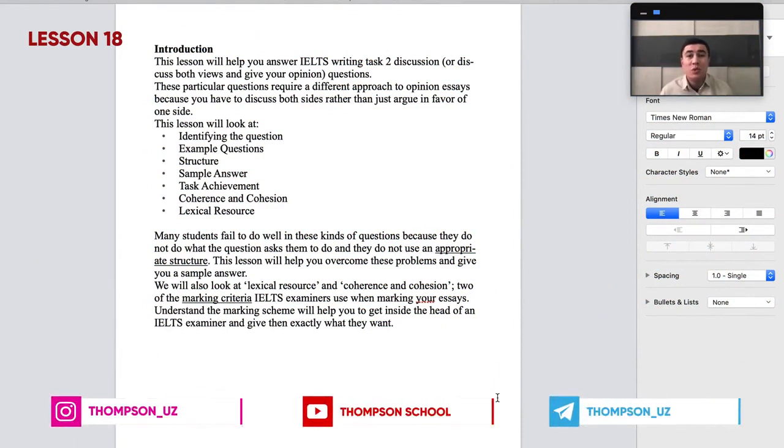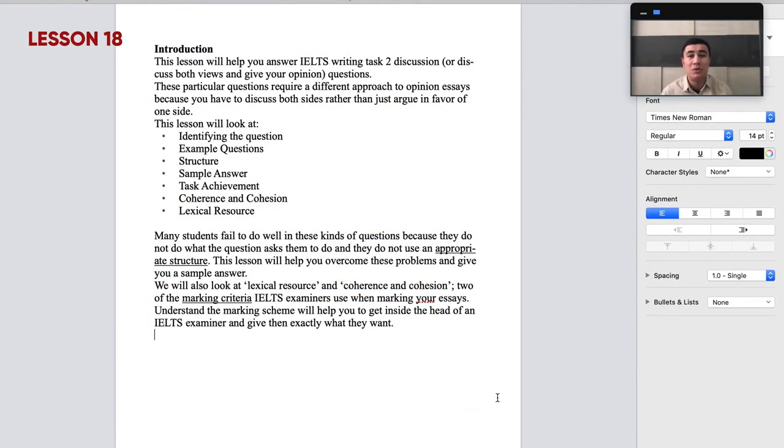In today's lesson, we continue focusing on IELTS Writing Task 2, guys, and today we'll discuss discussion essays, or in other words, discuss both views and give your opinion questions. So these particular questions require a little bit different approach to opinion essays because you have to discuss both sides rather than just argue in favor of one side. So you should point out ideas regarding both points that are given in your question and of course state your